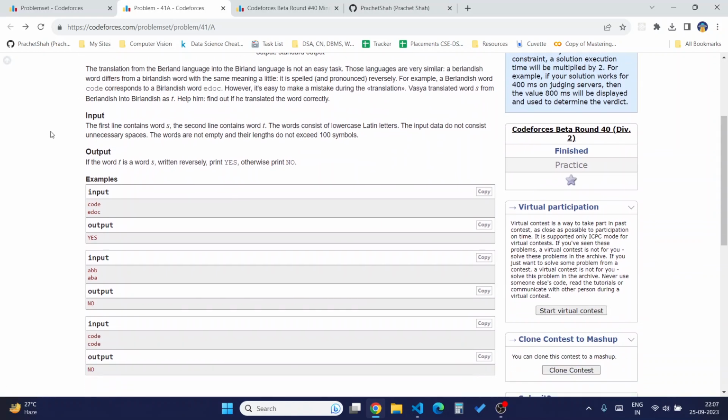The problem states that translation from one language into another language is not easy. For both languages to be similar, a language A word differs from a language B word such that it is reversely written. For example, a Berlandish word "code" corresponds to a Berlandish word "edoc", which is the reverse of this one. So it's easy to make a mistake during this translation, and we need to check if the given word is